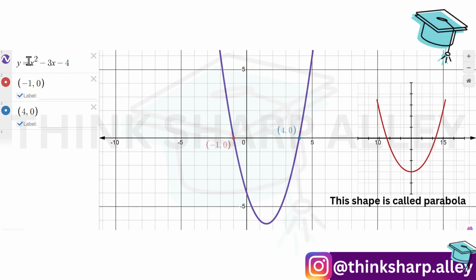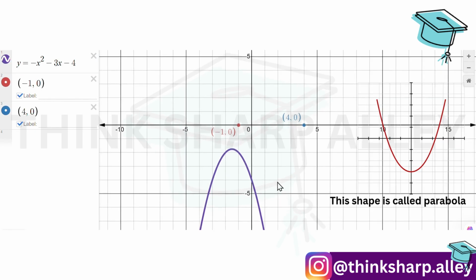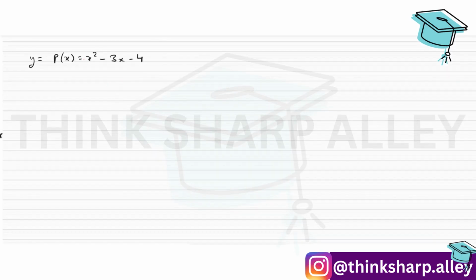Like over here, the sign of a, that means the coefficient of x square, is positive. If I make the sign negative, let's try minus x square. Now see, again we got a parabola, a downward facing parabola, but it is not touching my x-axis. That means if I solve this, I'll not get any real zero. Let's try it out. So what change did I do there? I have changed the sign of the coefficient of x square. And we found that the graph of this polynomial was not cutting the x-axis at all, right? That means from the graph, we understand that it has no real zero.